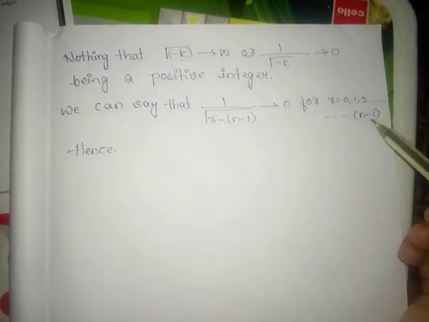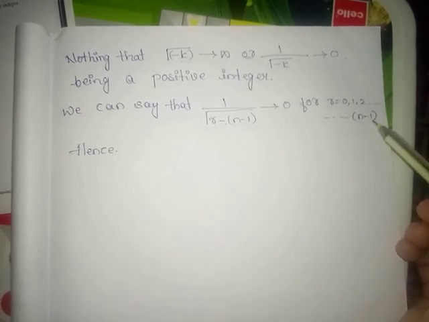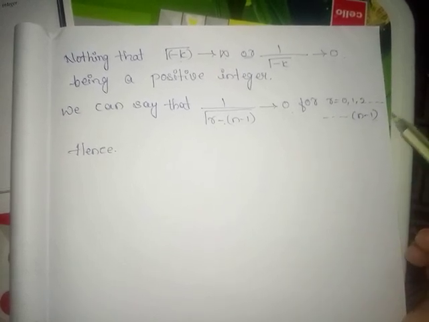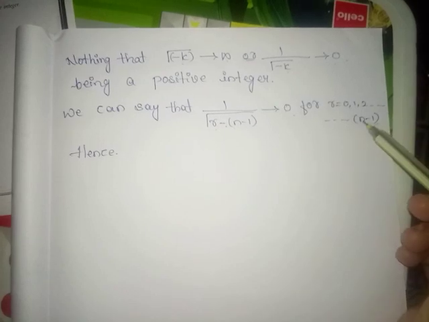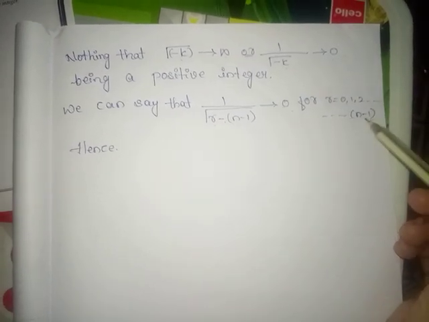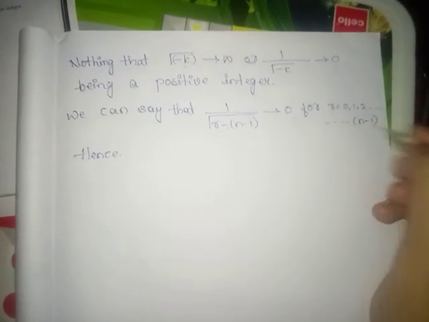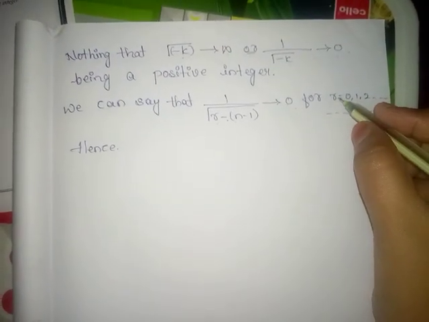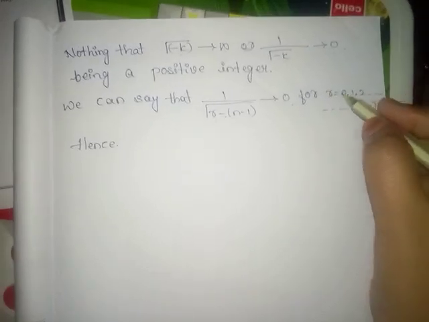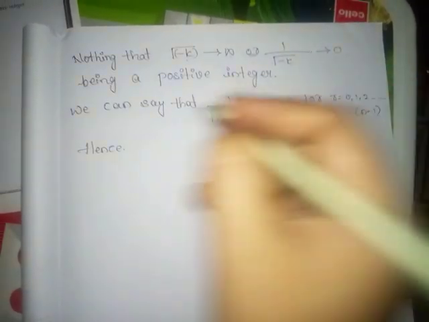So we have to take the value which is greater than n minus 1. Greater than n minus 1 means what? The value of r next to n minus 1 is what? We get the term n. So we will consider r values from n to infinity in the